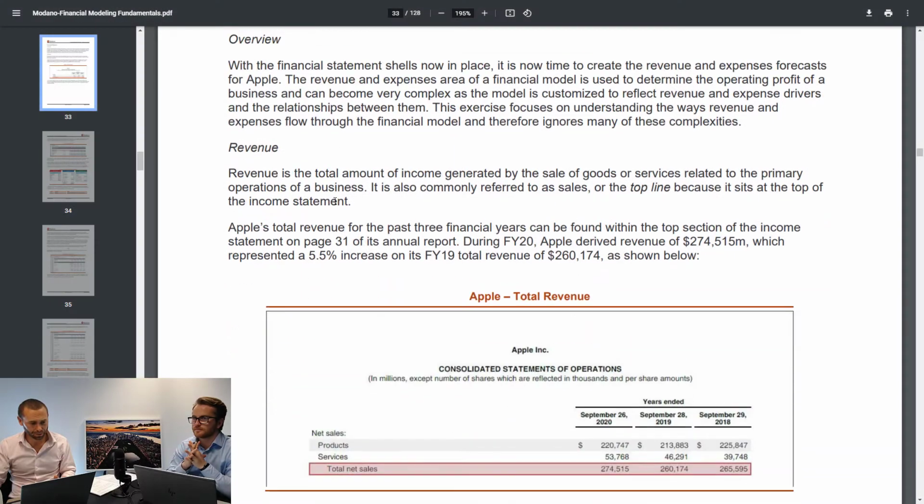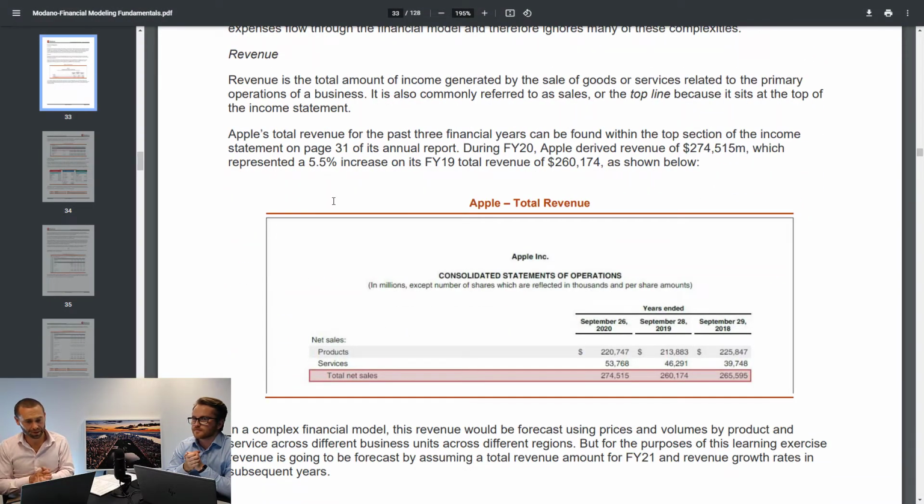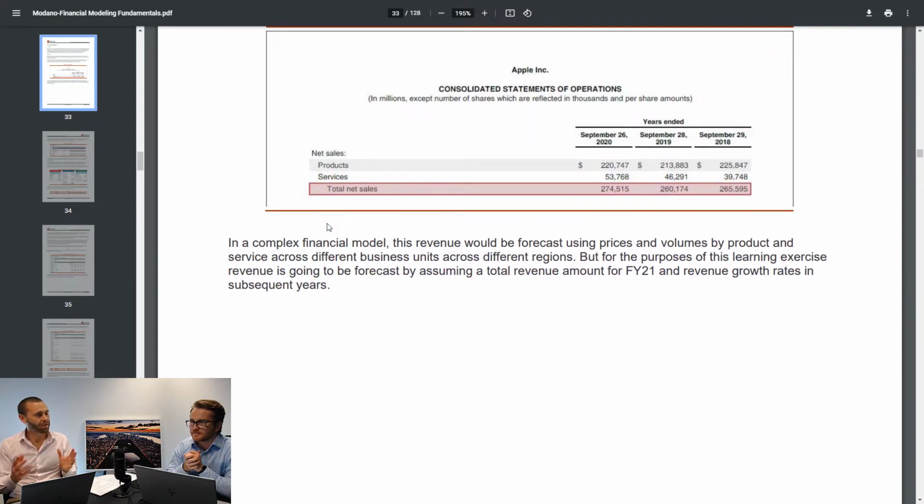If you look at Apple, Apple during 2020, incredible numbers. They had revenue in FY20 of $274.5 billion, which was a 5% increase on its FY19 total revenue of $260 billion. Okay, so in a complex financial model, we'd actually sit there and say, okay, what do they have? They've got services, they've got laptops, they've got mobile phones, and we'd actually do that by business unit, by product,